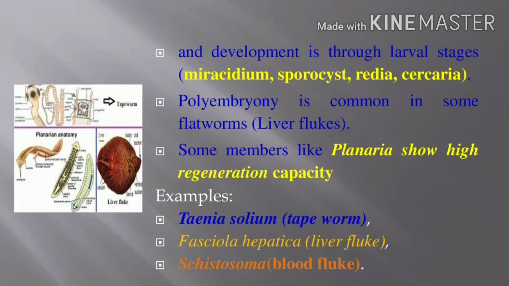Next we understand the larval stages. There are various larval stages to form a fully mature flatworm. First is miracidium, next is sporocyst, redia larva, and cercaria. These are the 4 larval stages, and next it forms a mature flatworm. Can you understand? In Ctenophora, what is the name of the larval stage? That is cydippid larva. What are the 4 larval stages present in Platyhelminthes? Miracidium. This is one of the 2 mark questions.